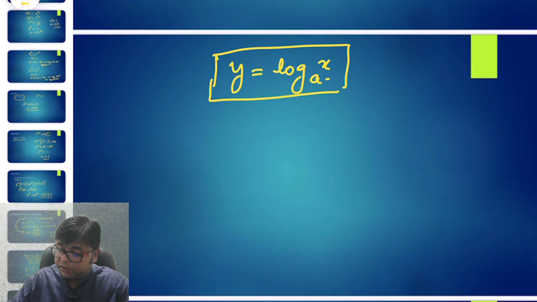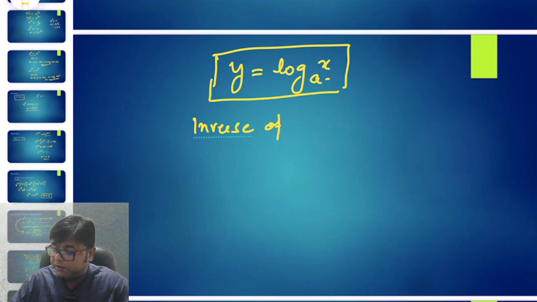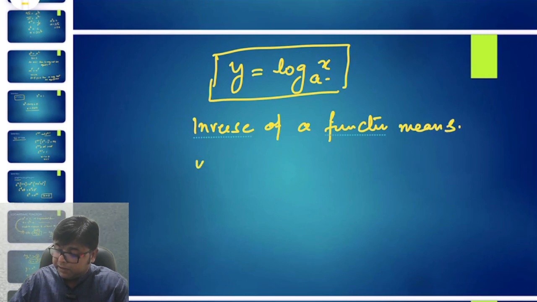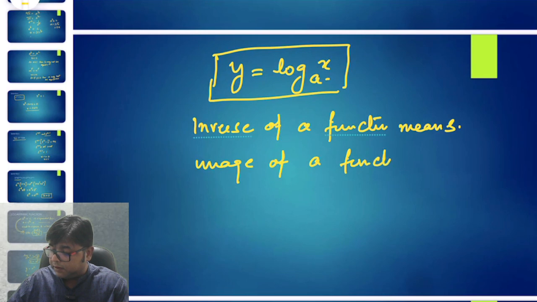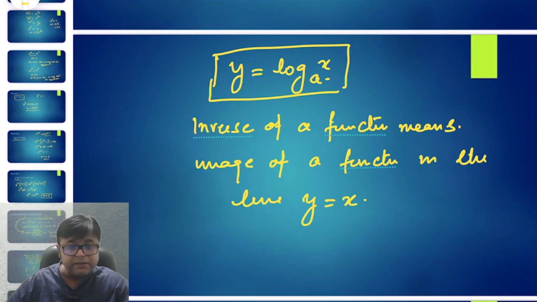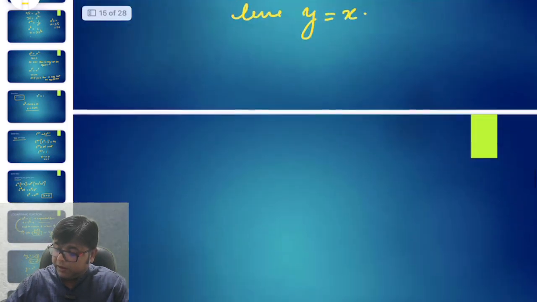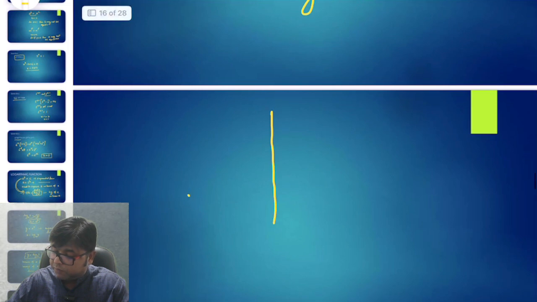The inverse of a function you must have studied graphically. We know how to calculate it. Yes, of course, I just told you. Inverse of a function graphically means the image of the function in the line y equal to x. So if I draw the graph of the exponential function, which I know for a greater than 1 is this,